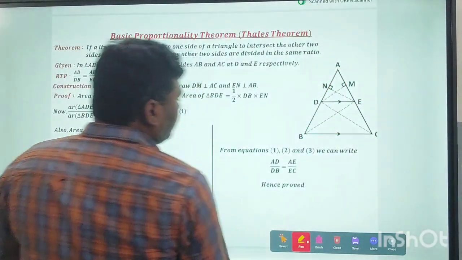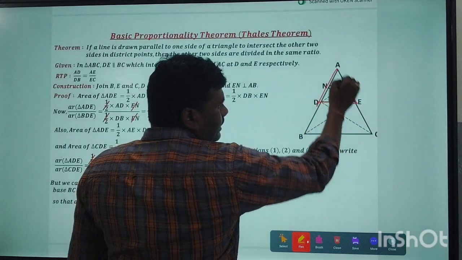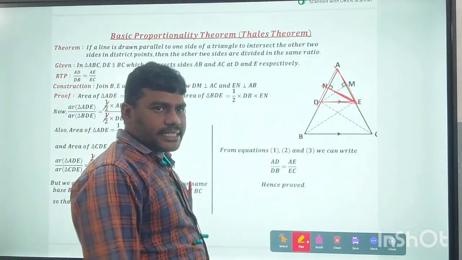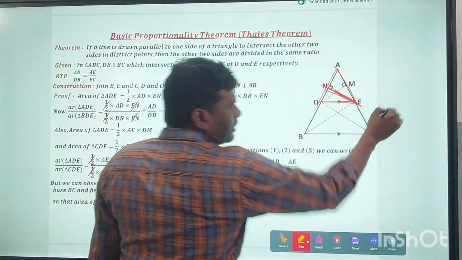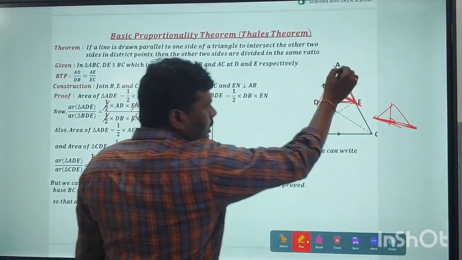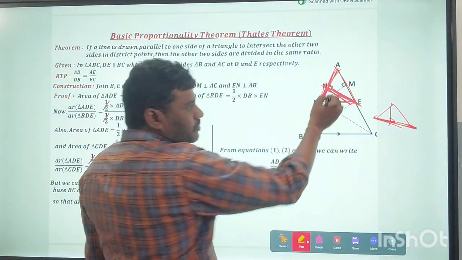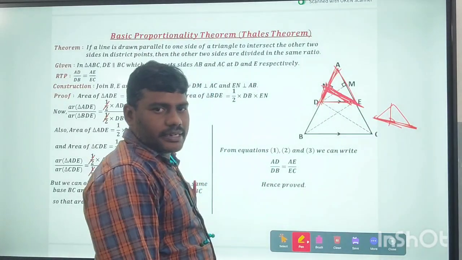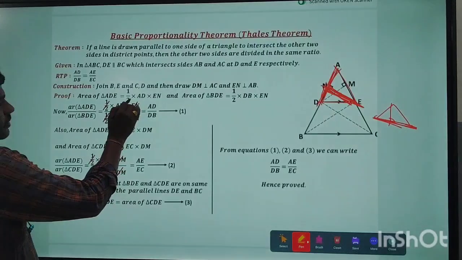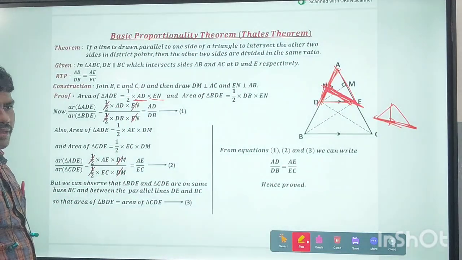Now here, say area of triangle ADE, this triangle ADE, this is perpendicular line, yes or no? So this perpendicular means this is base only. So this perpendicular means this is what? Base. AD is base, this is what? Height only. So area of triangle ADE equal to half into base AD, height EN. Okay na?